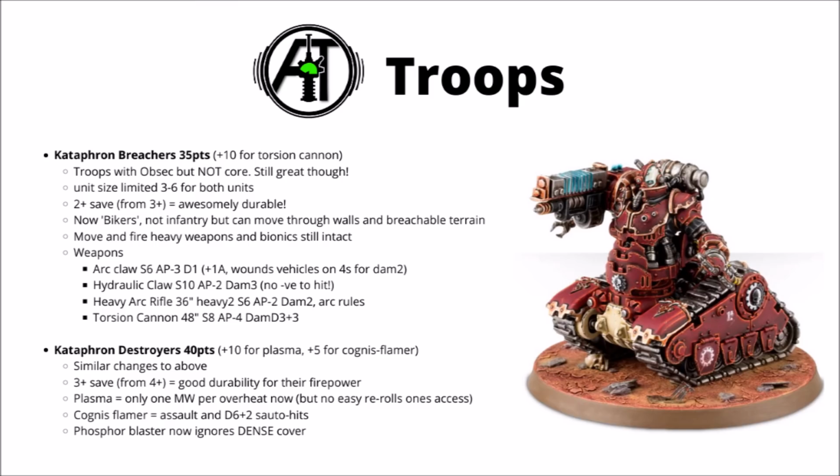Cognis Flamers give you D6+2 auto hits, and the Phosphor Blasters get the change for all Phosphor weapons where they now ignore dense cover, not light cover. Overall, I think that both of these guys are still very sturdy units for holding objectives, though without the crazy access to rerolls and things that they had, they're not going to be quite as strong on the damage dealing